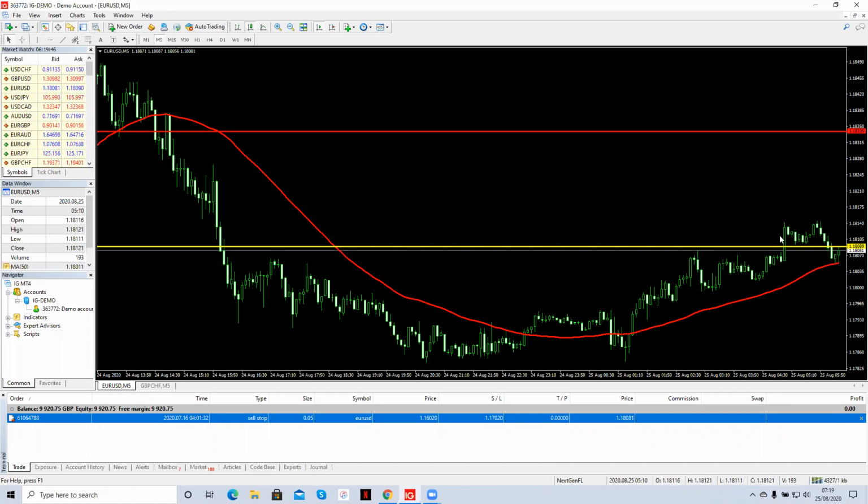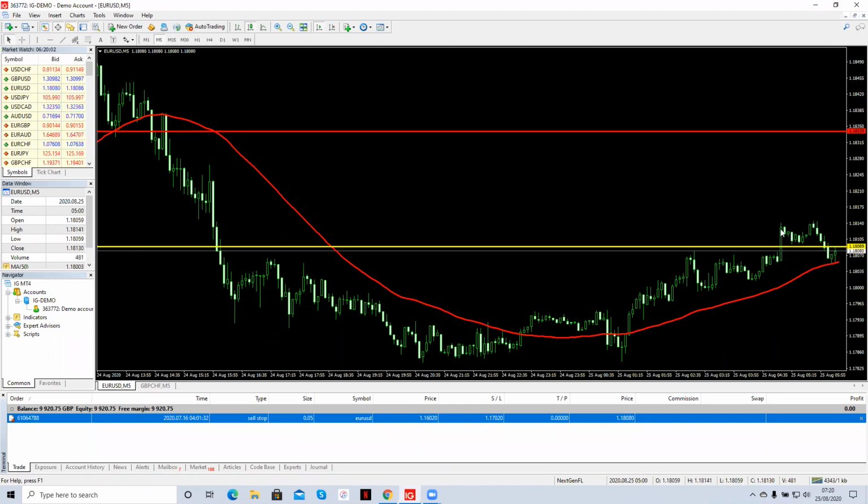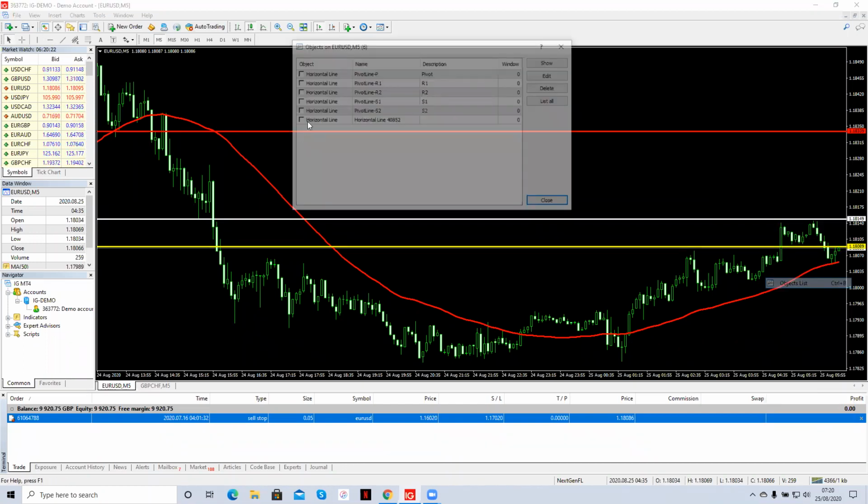Okay, so it's formed a high there, but let's check. Let's see what this high point there is, looking at the data window. The high of that candlestick, the top wick, is 1.18141. But of course, we only use 4 digits with the currency, so it's 1.1814. That's the highest point there. Let's check this one. Is it higher? So yes, that's higher. It's 1.18145, so I'll round that up to 1.1815.